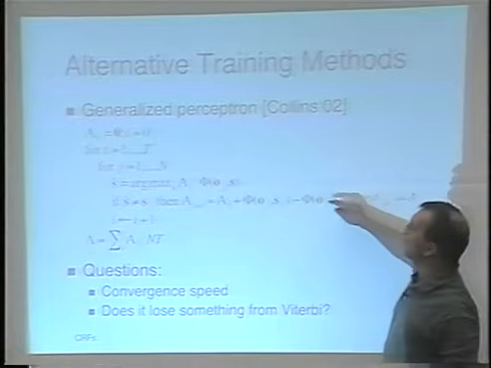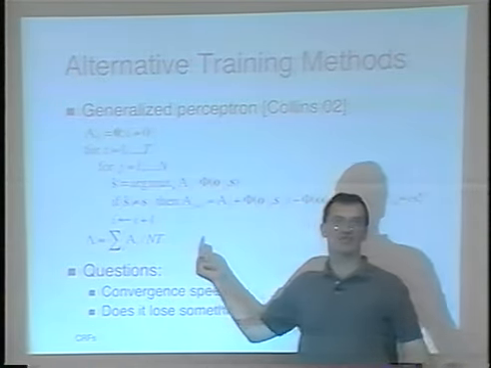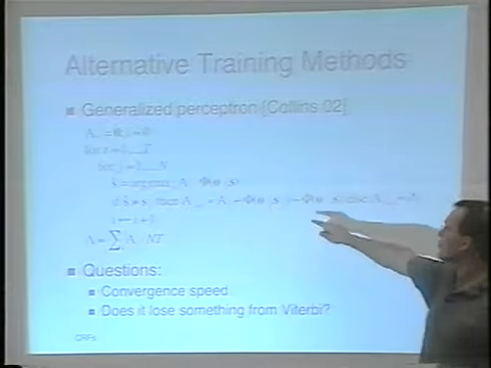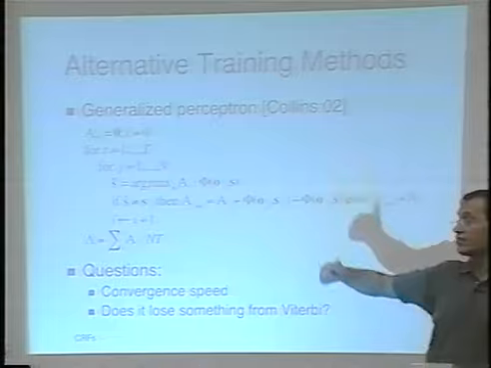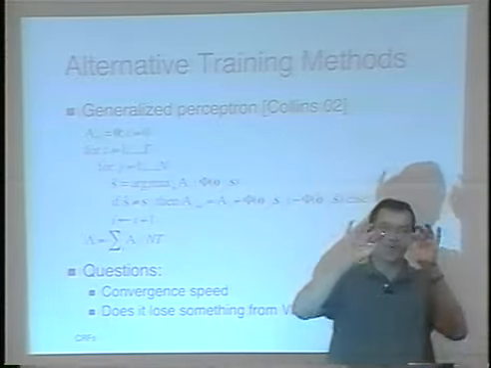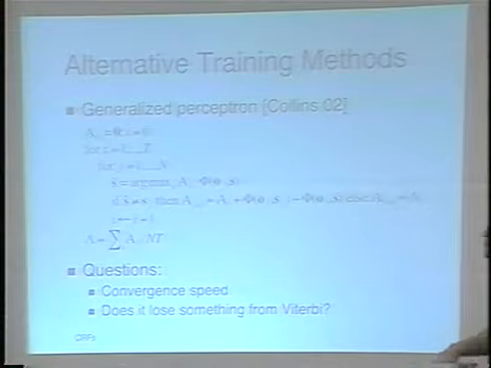Now you store all these weight vectors, these A's, and at the end you average them. That's why it's the voted perceptron. If you were doing the plain perceptron, that A vector would be your final weight vector. But this is actually not quite the voted perceptron according to the letter of the law; it's an approximation of the voted perceptron.